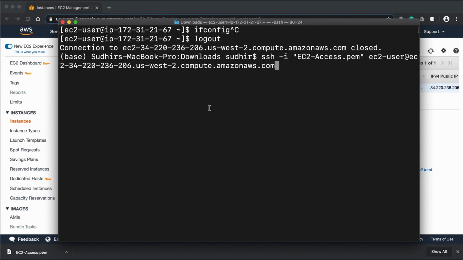Now understand this command. SSH is the command name. -i is an option to pass the key pair. ec2-user is the default user we get in the Amazon Linux 2 AMI. If you are using any other one, then you have to see which user is present over there.